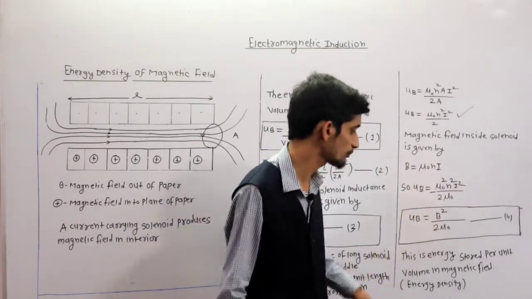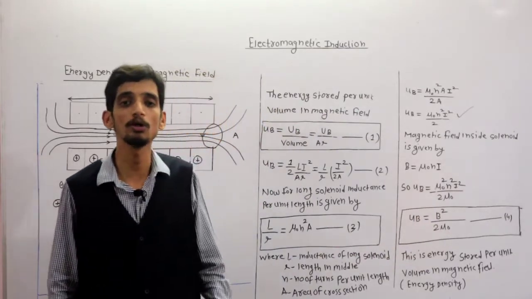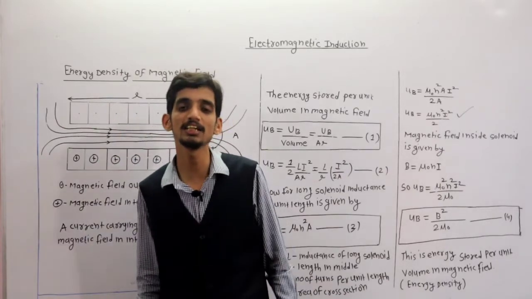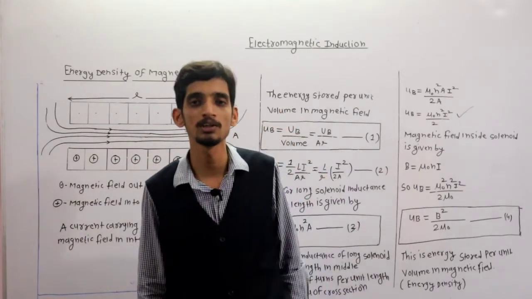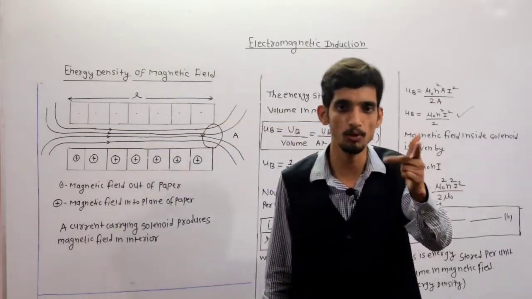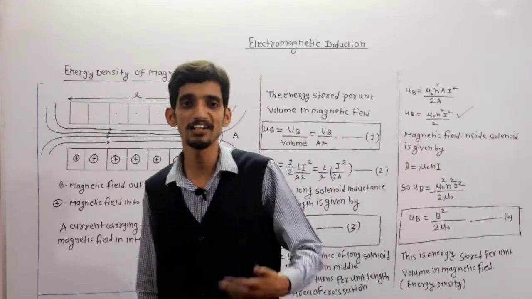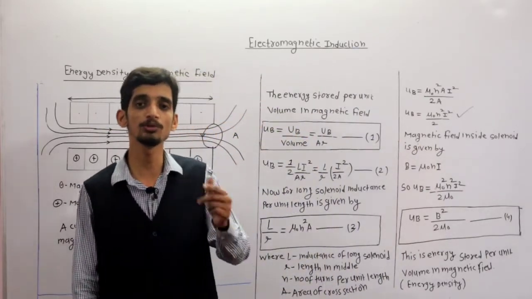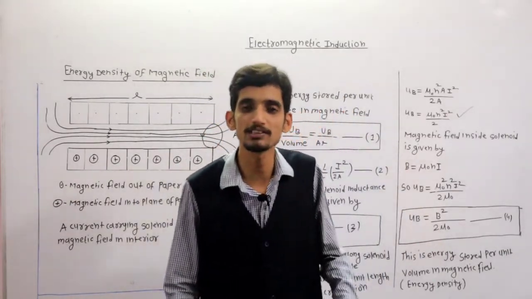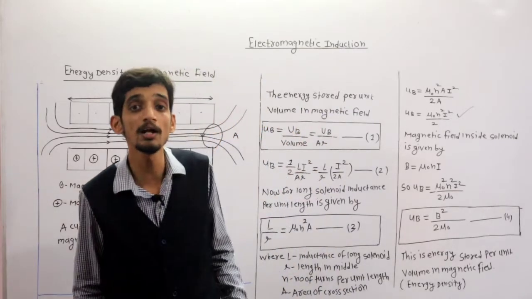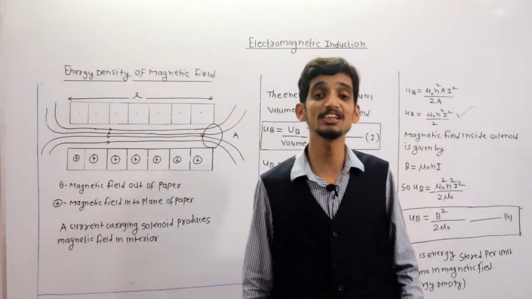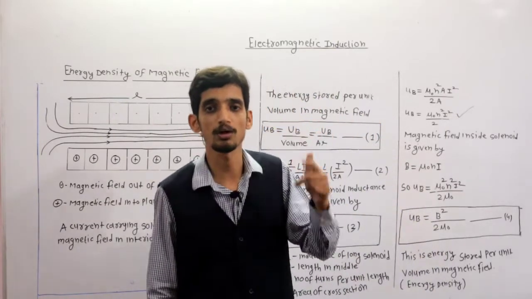So this is an important formula for energy stored per unit volume of a solenoid. This is called energy density. So energy density UB is equal to B square upon 2 mu naught, where B is the magnetic induction or magnetic flux density, and mu naught is the permeability of free space, that is 4 pi into 10 raised to minus 7 Henry per meter. So what formula do I have to remember? That energy stored per unit volume, that is the energy density of the magnetic field, is B square by 2 mu naught.